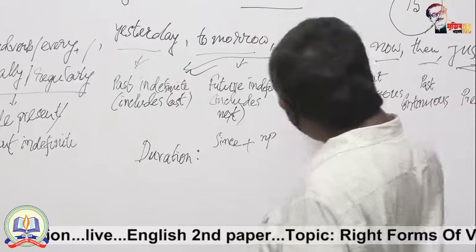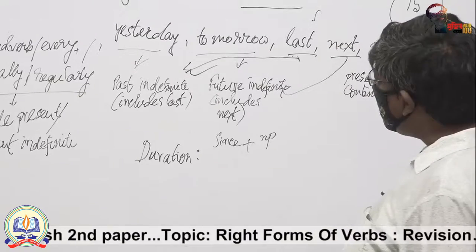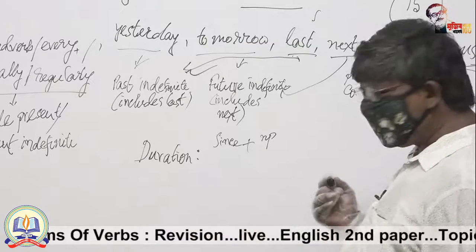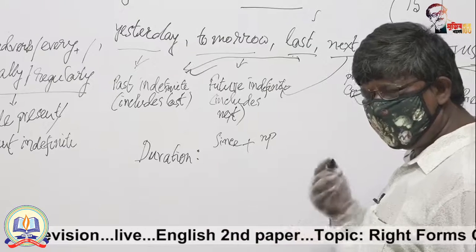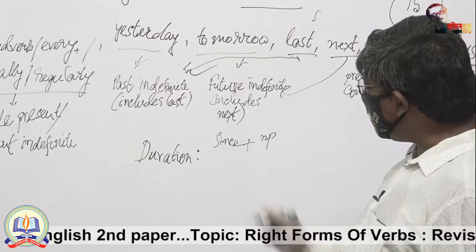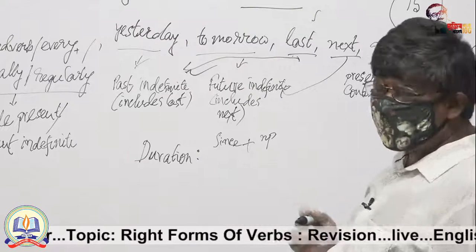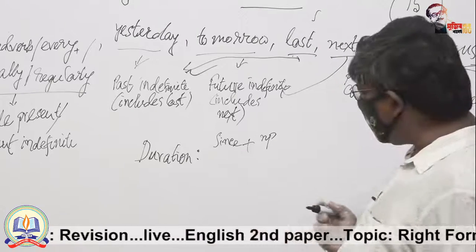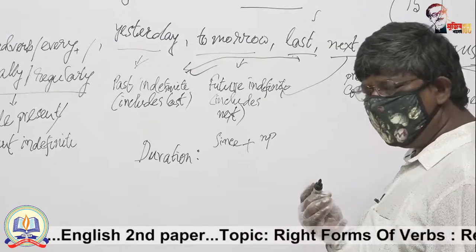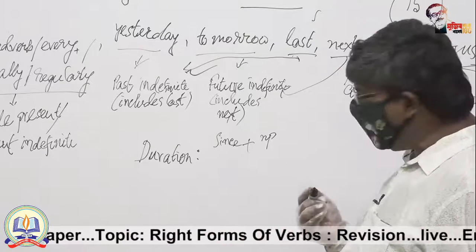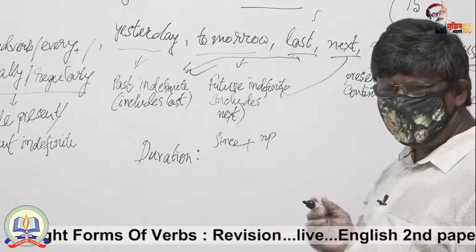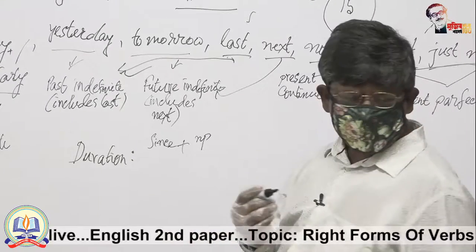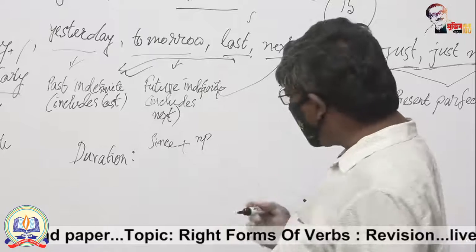Well, usually only last is used to determine past indefinite tense, but when there is an adverbial since last Friday, since last year, since last month, we will use perfect continuous tense. That is, if there is no other past indicator or future indicator, we will use the present perfect continuous form, or if there is any reference of the past or future, we will use either the past perfect continuous or future perfect continuous.